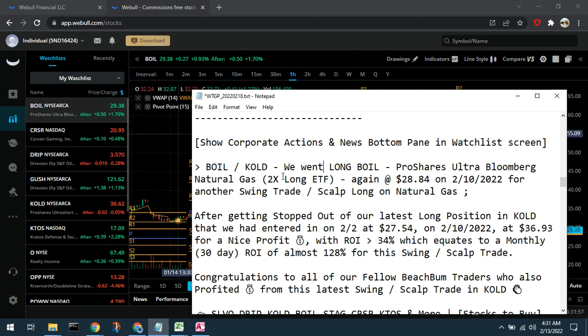trading game plan that we went long BOIL again at 28.84 on the 10th. When we saw that natural gas had declined, looked like it was making a turn, BOIL crossed above the VWAP, KOLD crossed below the VWAP, so that was our trigger signal that we had a reversal apparently. And so we, as you can see, we stopped out of KOLD, made a nice profit,